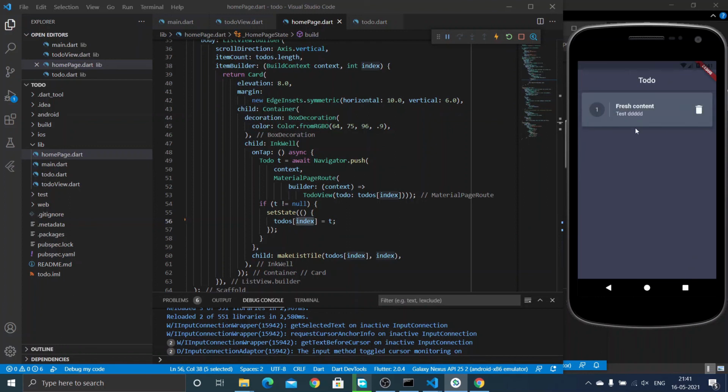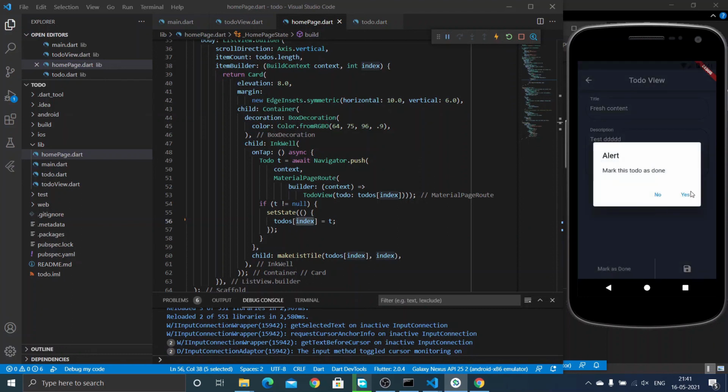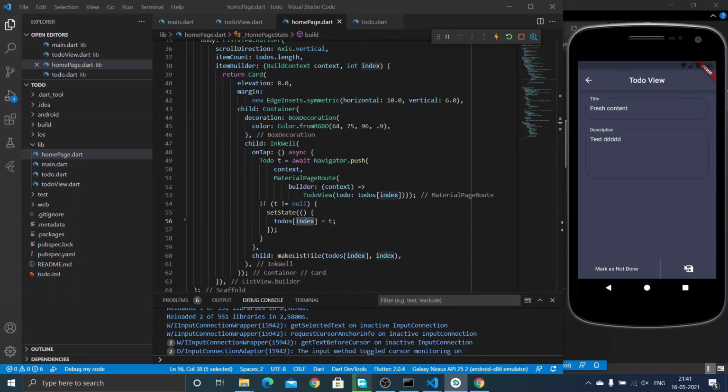Very simple. Now we have completed how to edit and view our to do. Okay, we have completed two steps. We can view our to do and also edit our to do. We can also set mark as done. You can see that the mark as done symbol has been done. In the next part we will be covering how to add a new to do to our to do list.